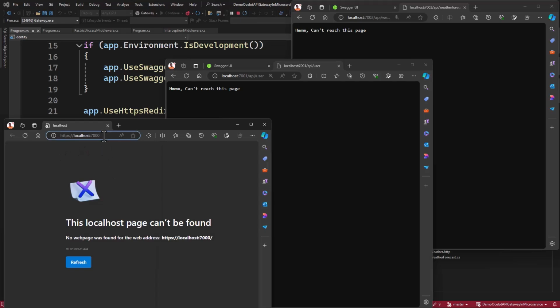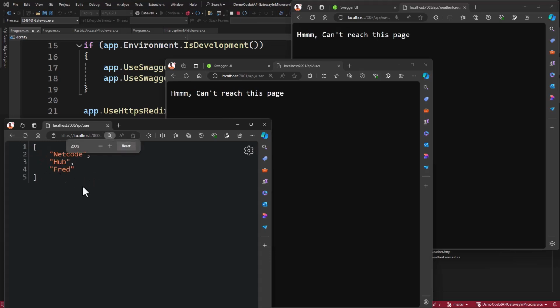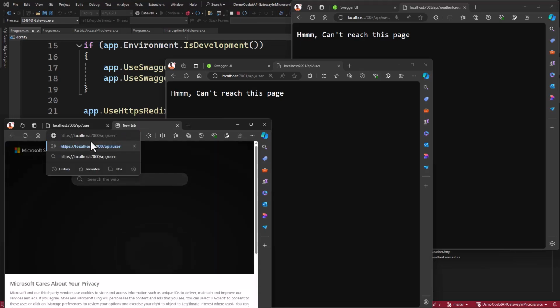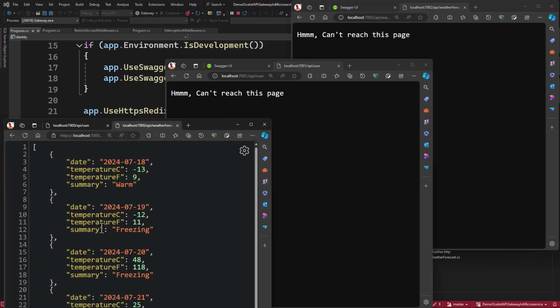Now in here, we want to access the user. Check it out. Great, now you have the user from here. Do you see it? Let's grab the same, open new tab, and now instead of user, it's going to be what? Good, weather forecast, isn't it? Test it out, and now we have it.